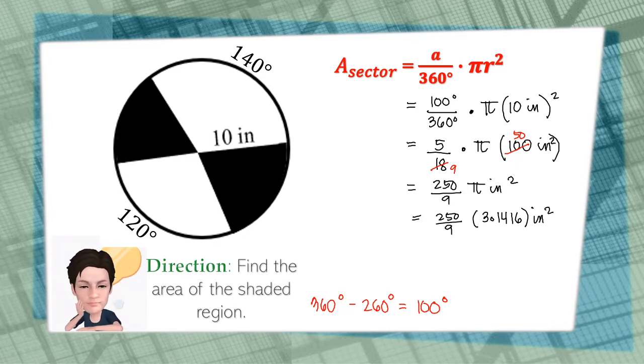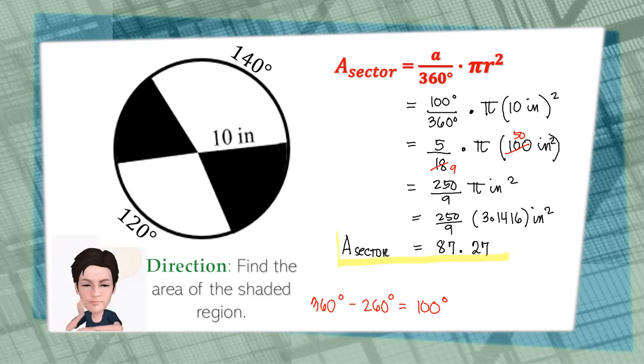And so we will be able to get, since you are using your calculators with you, I'd like you to do this directly. So 250 divided by 9 equals 27.7777, repeating decimal, times 3.1416. And that means we would have 87. So area of our sector is equal to 87 point, and since this is our final answer, we are going to round off to the nearest hundredths, and therefore